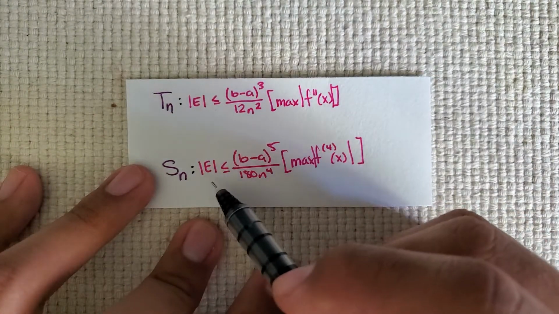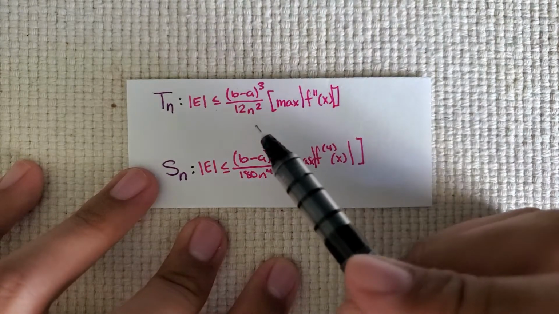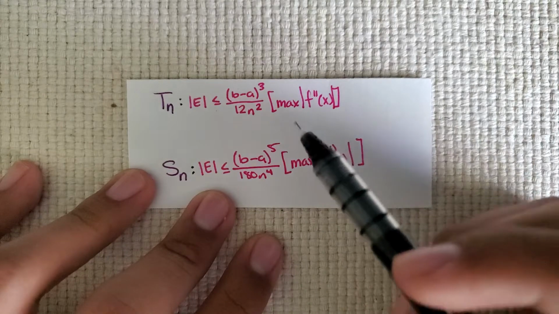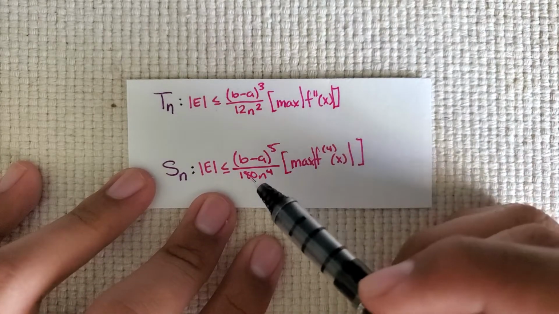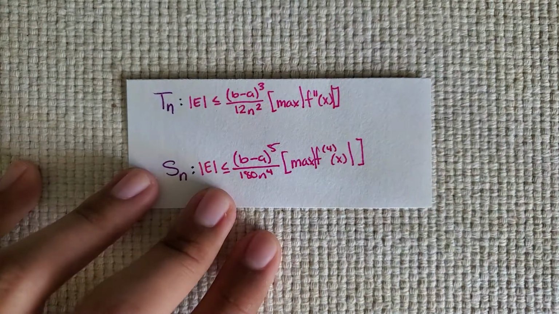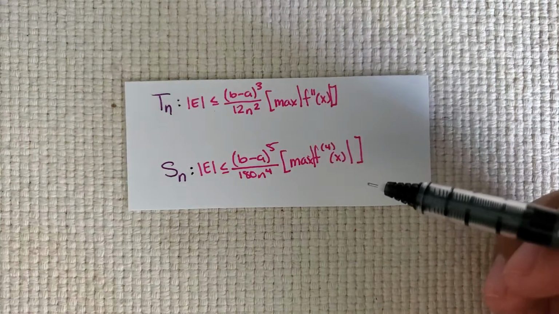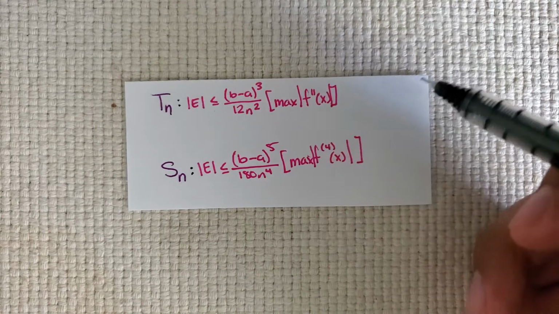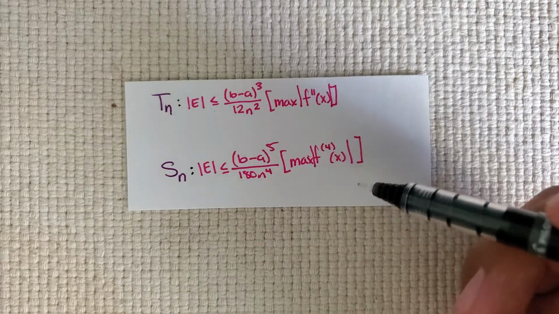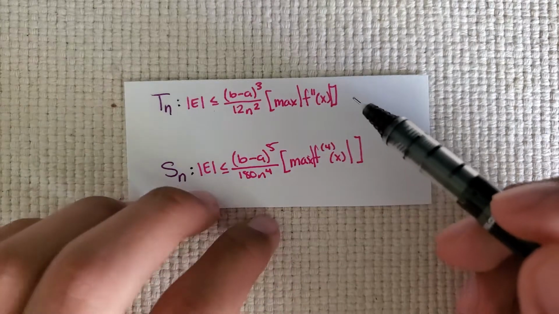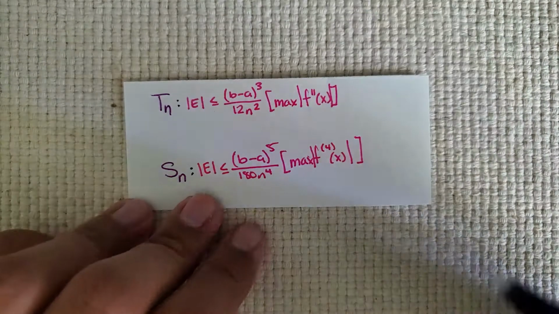The Simpson's rule is quite similar, except that these exponential values are obviously greater, considering it's far more accurate, and what you're dividing by is substantially greater than what you do with the trapezoidal rule. Now, these might confuse you for a bit, but we're going back into the realm of derivatives, where we grab f of x and we derive it, and we find what is the maximum